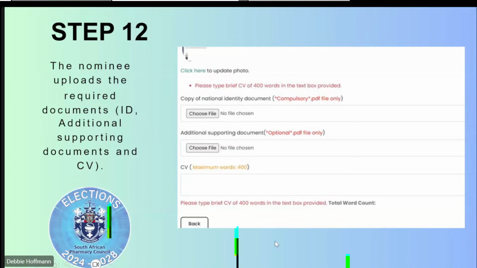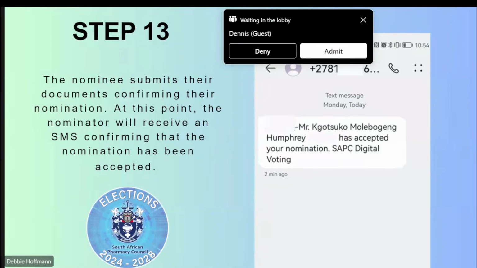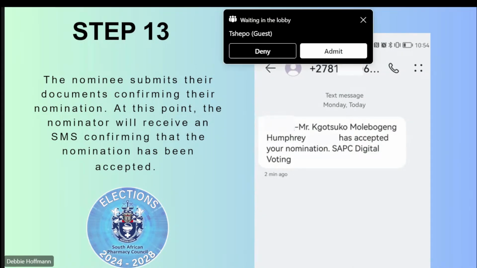And then to round up the whole system, the nominator will receive an SMS confirming that the nomination has been accepted. And that is the end of the nomination phase. In the background, there is the verification check by the election committee, headed by the returning officer, which is the registrar. Couple of inquiries that we've received is that,